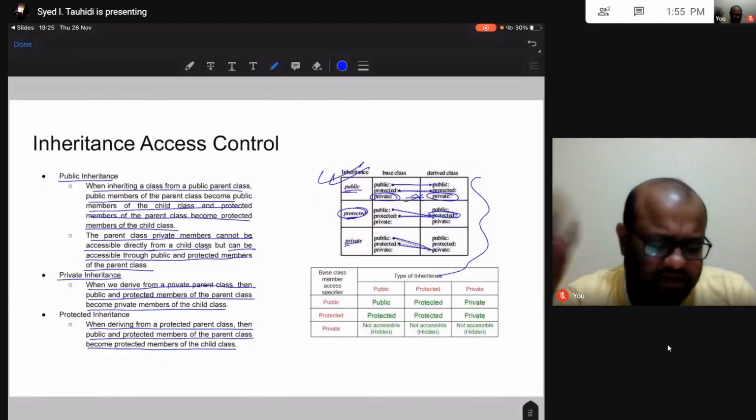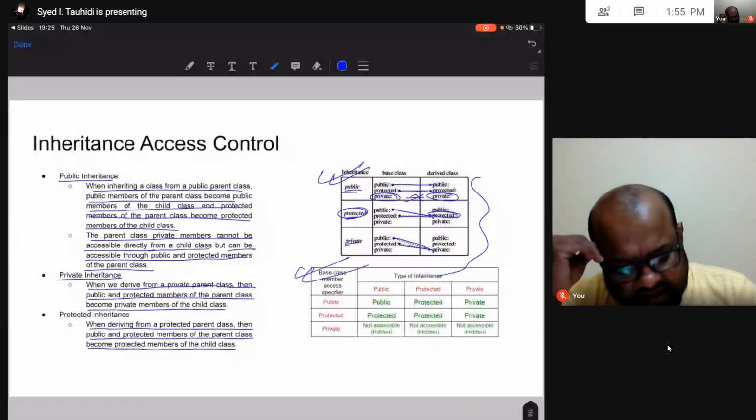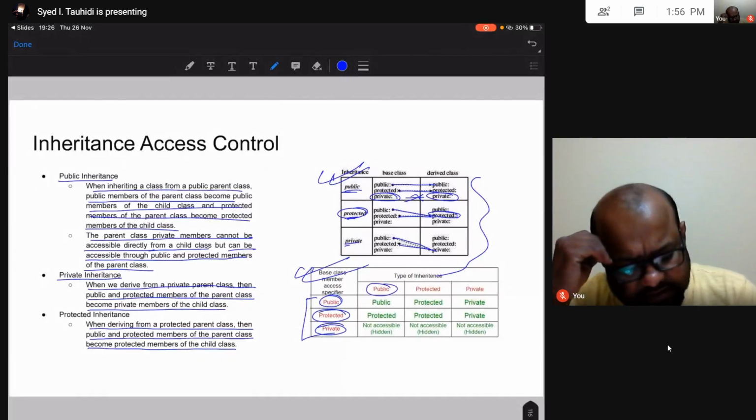This table says the same thing. Public, protected and private, these are the three types of attribute in base class. So if I do public inheritance, public stays public, protected stays protected, private is not accessible. In protected, public and protected, both of them become protected, private is not accessible.